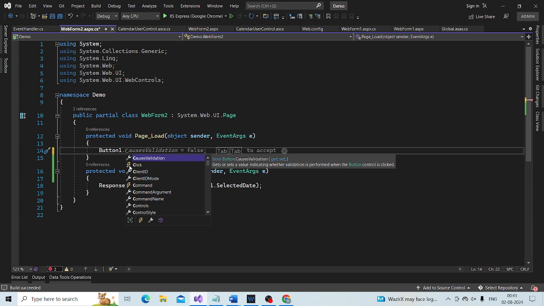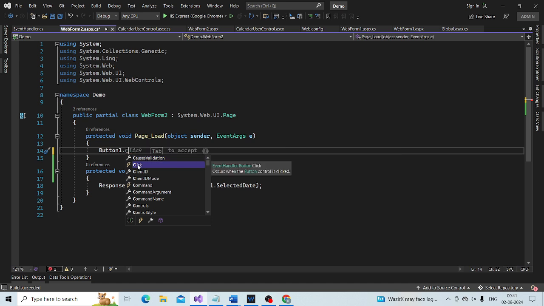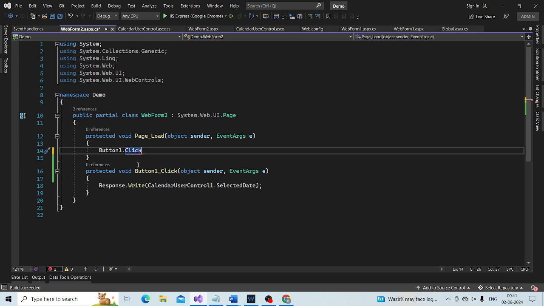So when the click event happens, now select it, dot Click, give a space, and then plus equal. As soon as we do that, Visual Studio IntelliSense knows that it is going to use an event handler.